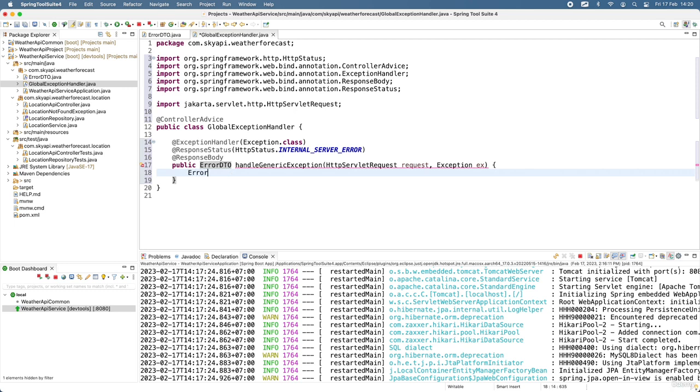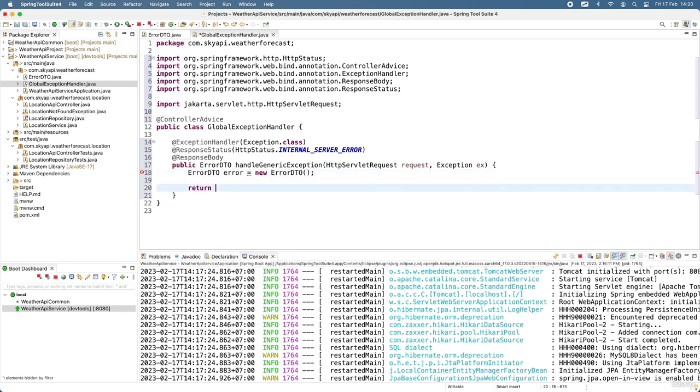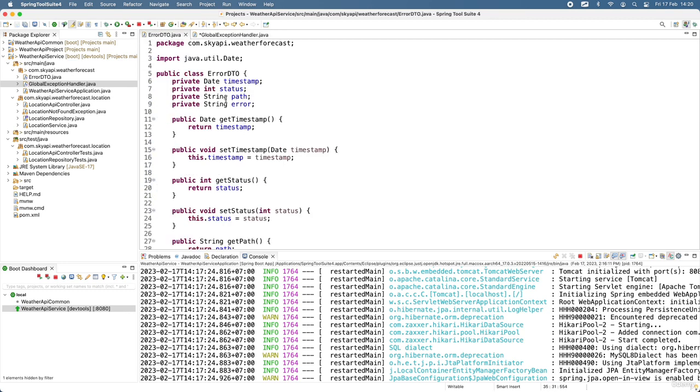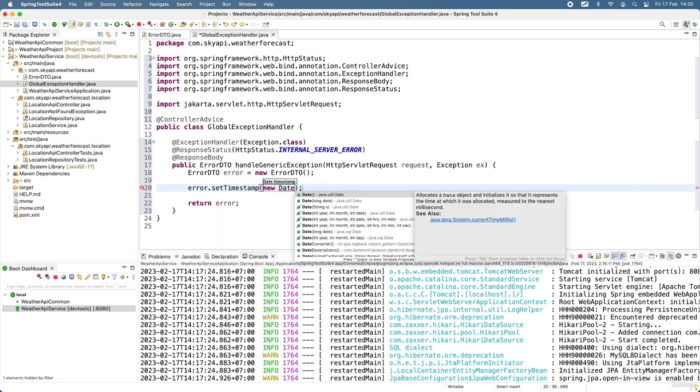So we create a new error detail object here, return error object directly, and then we set the values for the fields timestamp, status, path, and error. We set timestamp is the current date and time. New date object from java.util package,